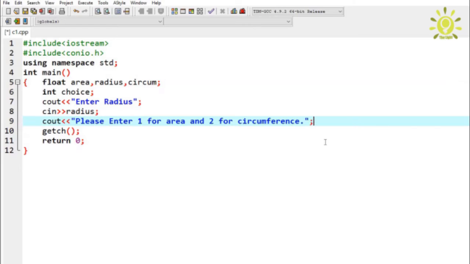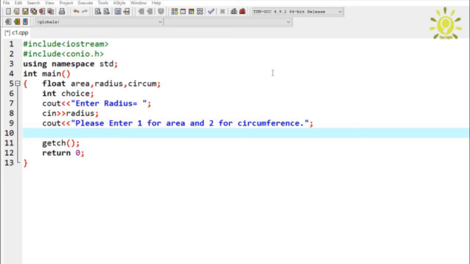Now I will use cout, please enter 1 for area and 2 for the circumference. The user may enter 1 or 2 depending on their choice. I have used the choice variable, so for taking input I will use cin choice and